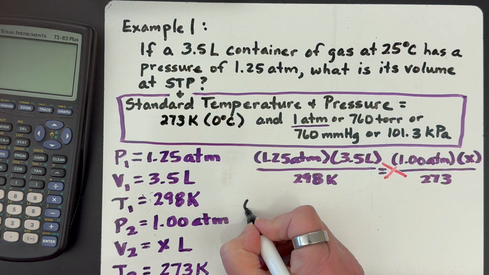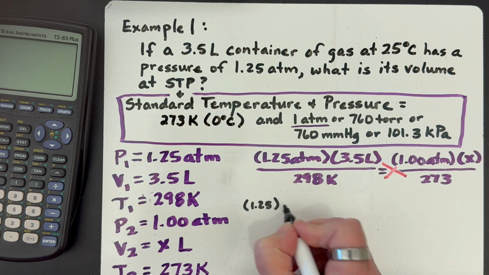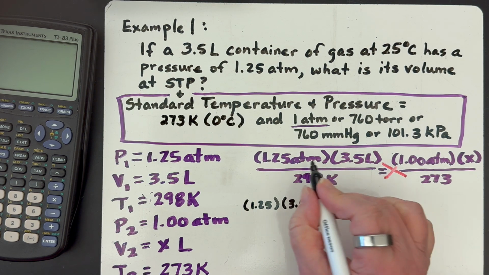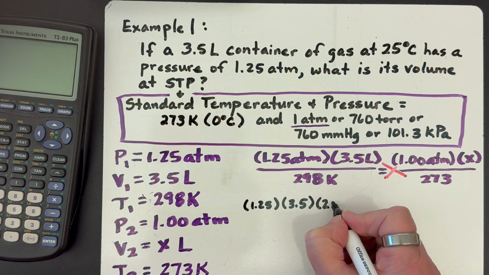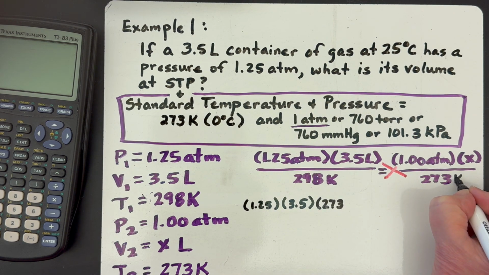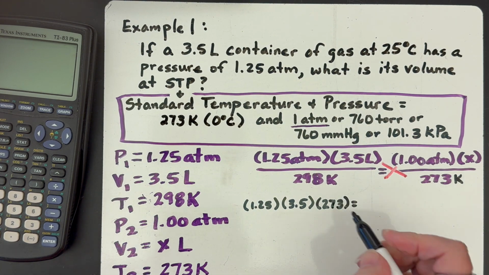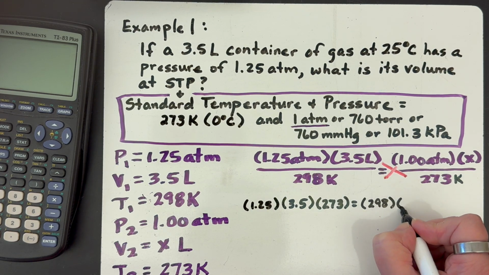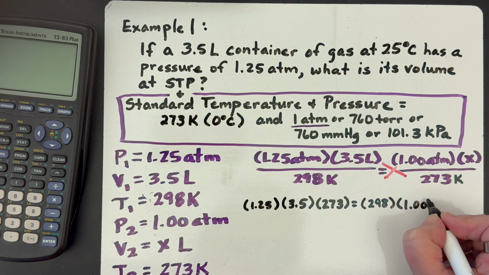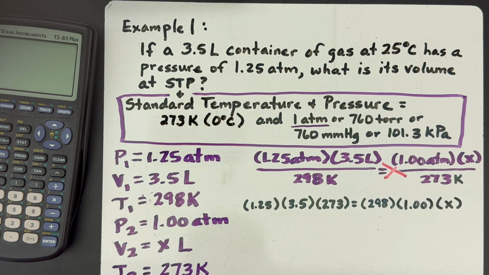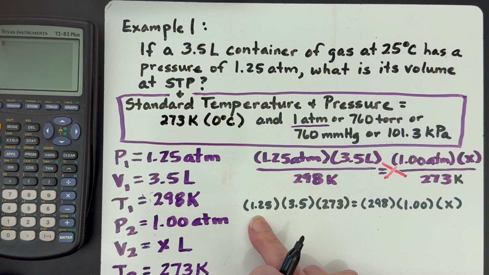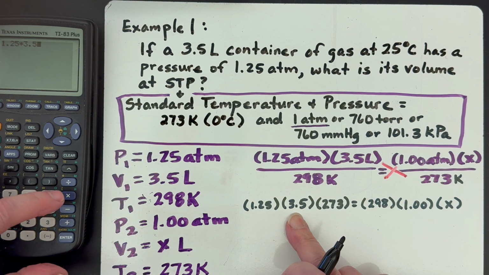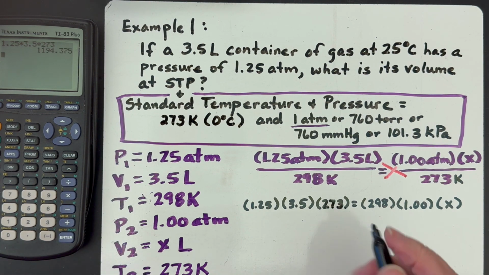That gives us 1.25, I'm going to go ahead and leave out the labels at this point, times 3.5 liters times 273 Kelvin equals this diagonal, 298 times 1 times X. So we can go ahead and multiply our numbers together. On the left, we have 1.25 times 3.5 times 273, which is equal to